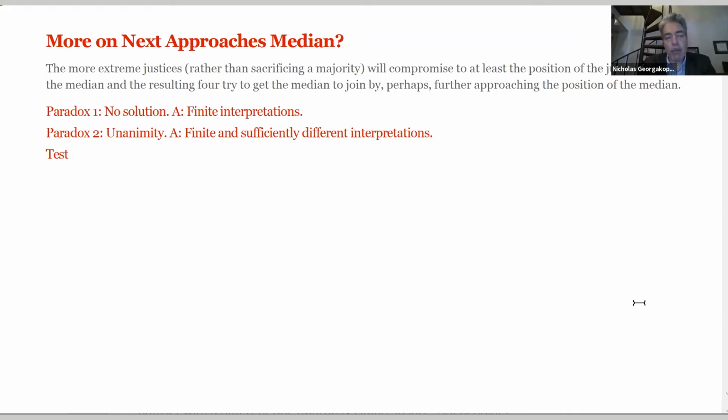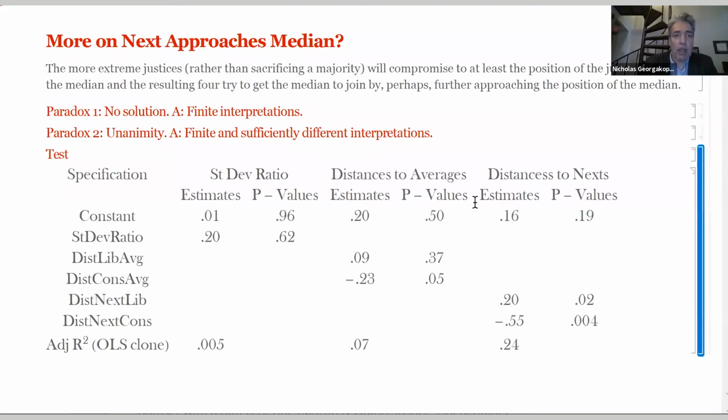And moreover, in order for the justices to say we are the 4 justices who will form the dissent, to say that we want to write a dissent, their position must be sufficiently different, and that difference must be strongly enough felt for them to say we are willing to show to the world that the court was not unanimous. The test, so here's the test of the three models. I run probit regressions